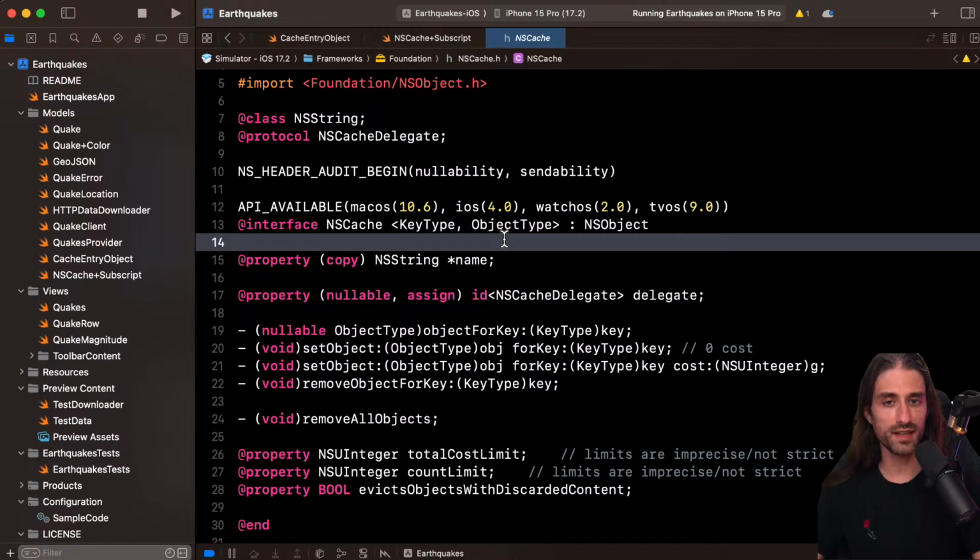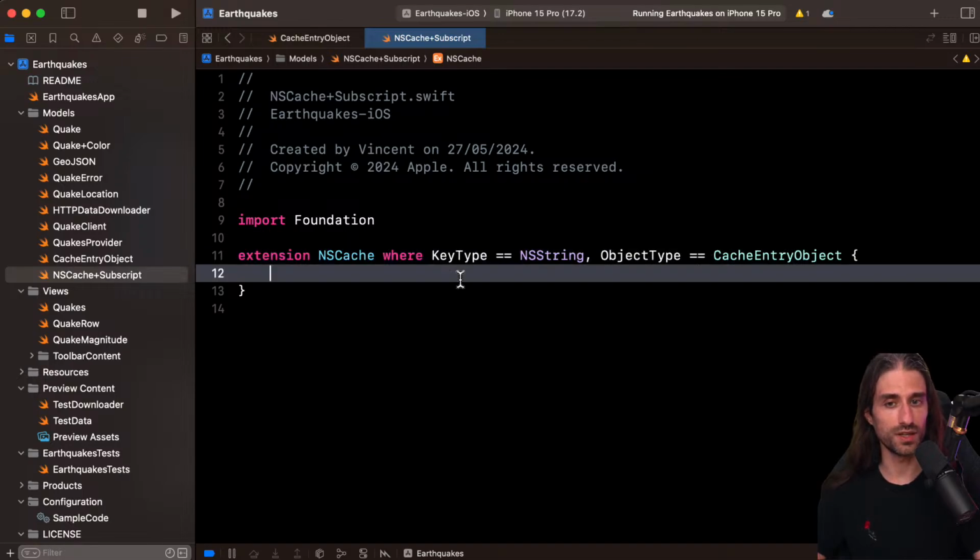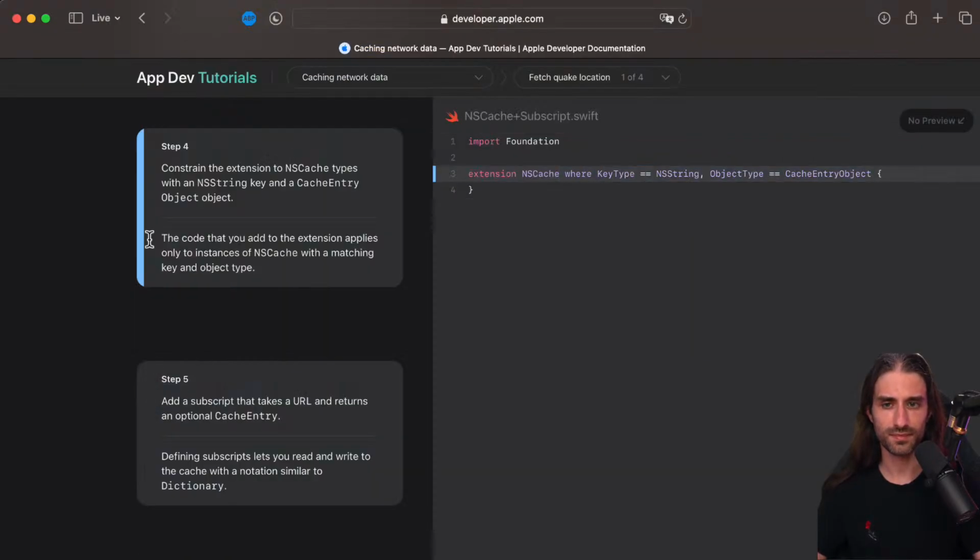You add objects, and these objects are indexed by keys, and so you subscript the cache in order to set a value for a given key or to retrieve a value for a given key, if such a value had already been set previously and had not been removed from the cache in between. That's the subtlety of using a cache rather than a dictionary.